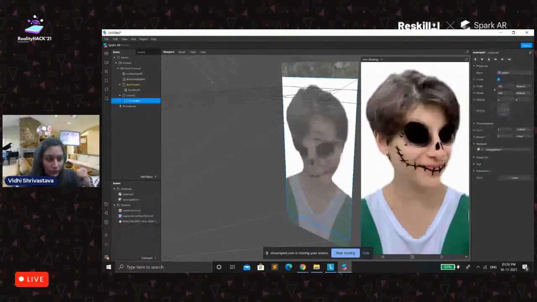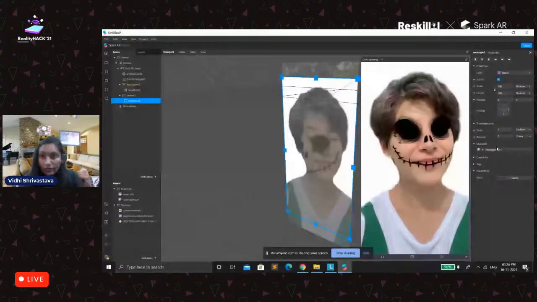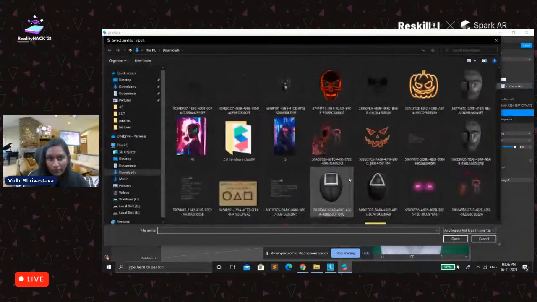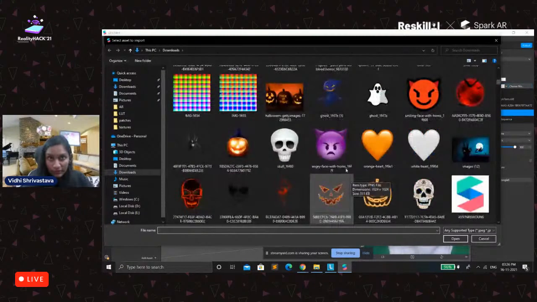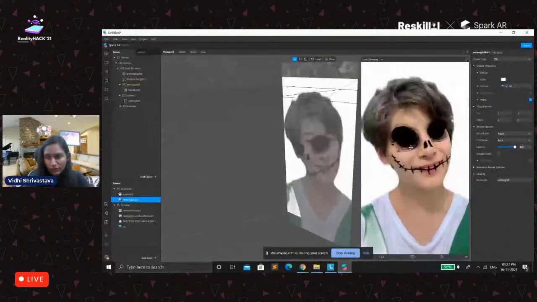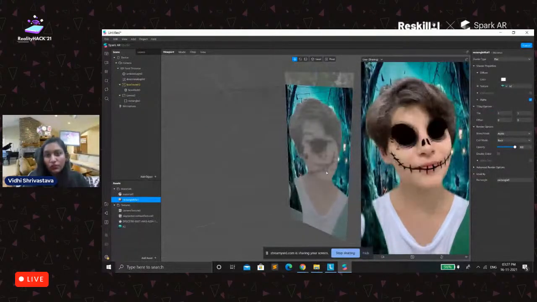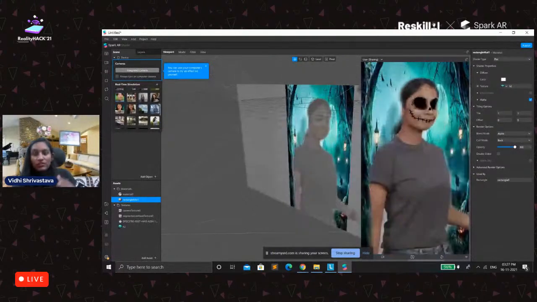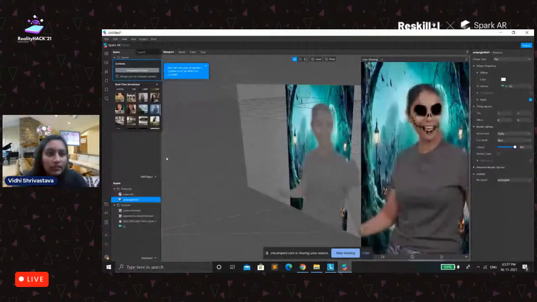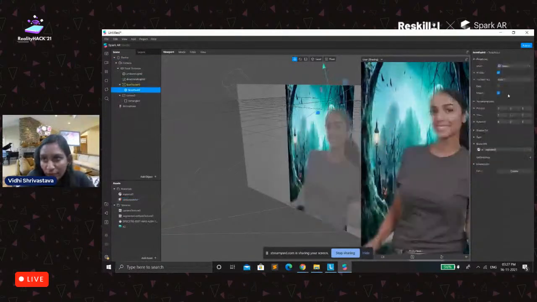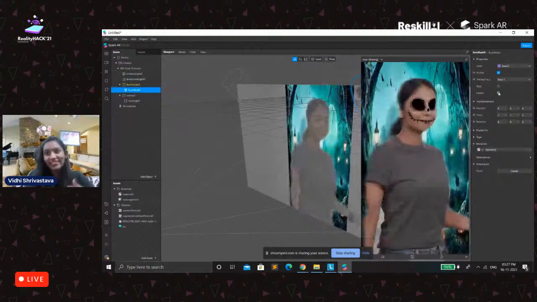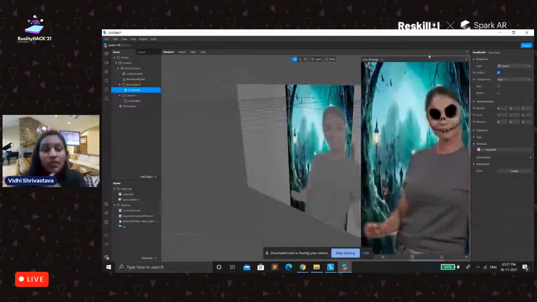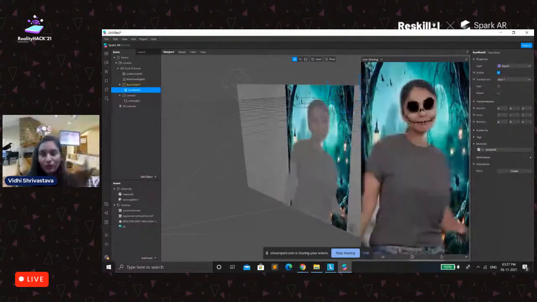And then we will add an image to a rectangle. So go to the new texture, and we will add a Halloween texture. Let's add this one. You could see now that the Halloween texture is there, and you can even try the other effects. And apart from this, if you want the mouth to be closed, you can click on this again. If you open the mouth, it won't interact much over your lips. So it all depends on how you're going to take it.